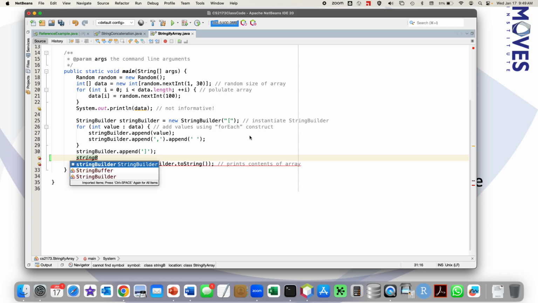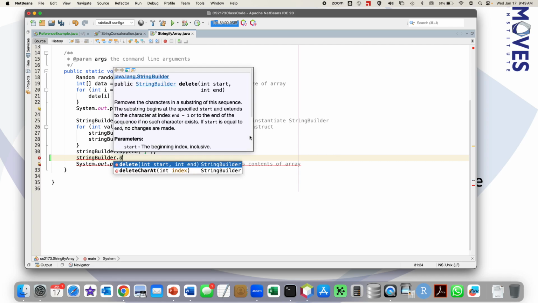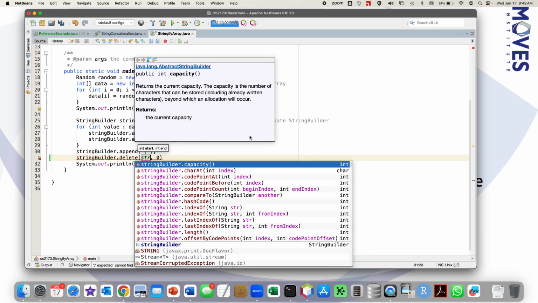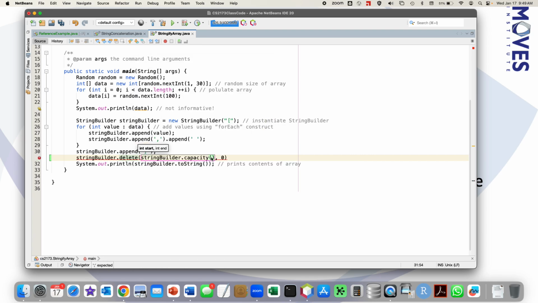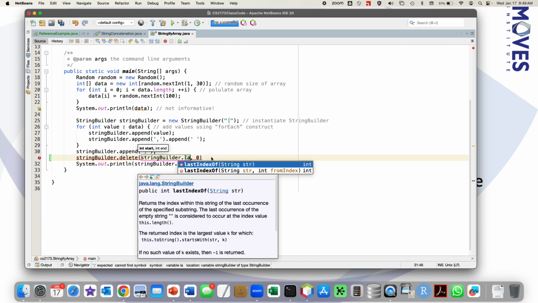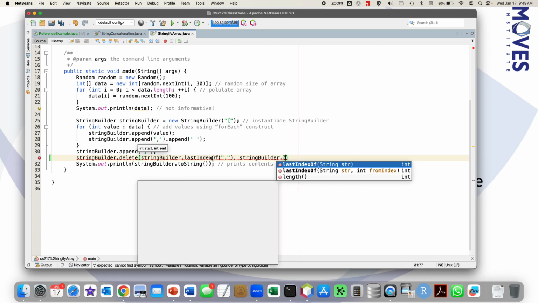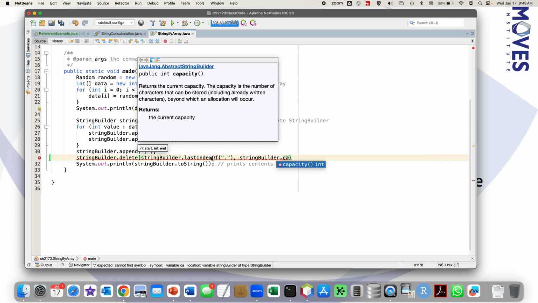I can actually delete, and what I can also do is find the last index of comma to its capacity.